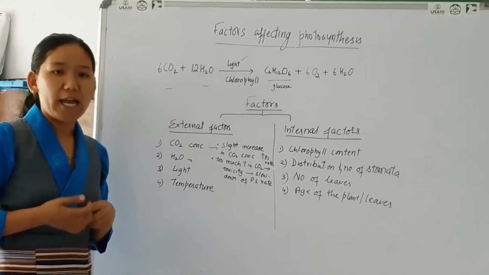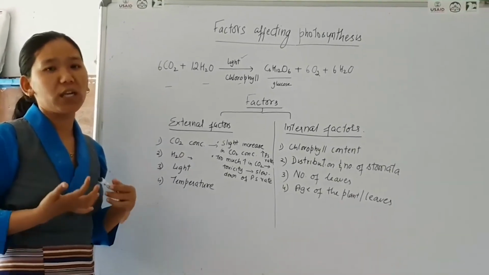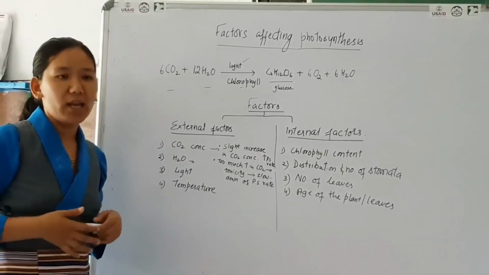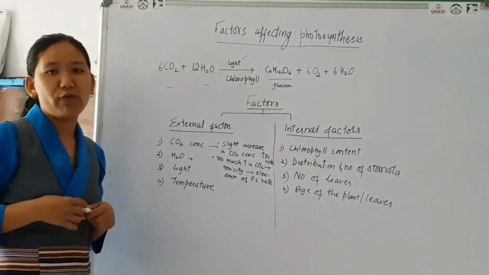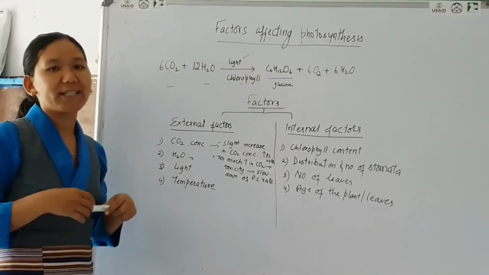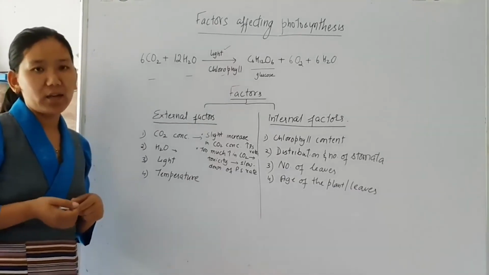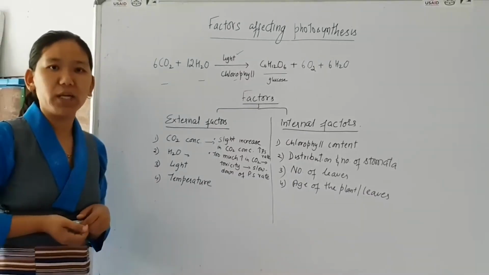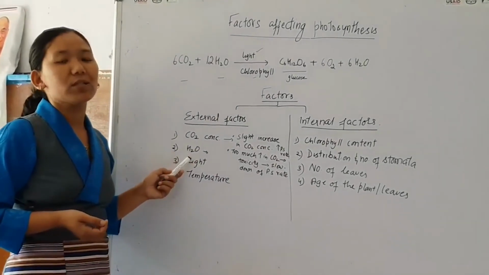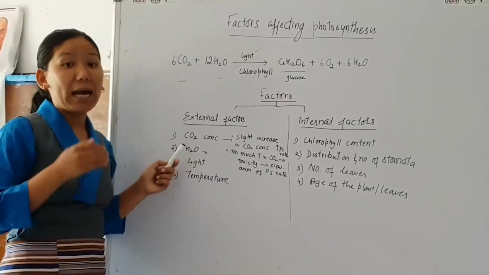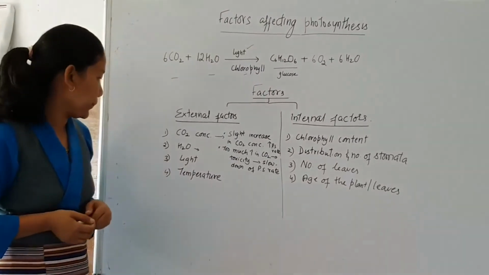The water amount becomes very important. If the water available for the plant is very little, the plant leaf may wilt and the stomata close, and when the stomata close, the exchange of gas will not be there, and thus the rate of photosynthesis will be less. So again here, an increase in water increases the rate of photosynthesis, again of course up to a limit.